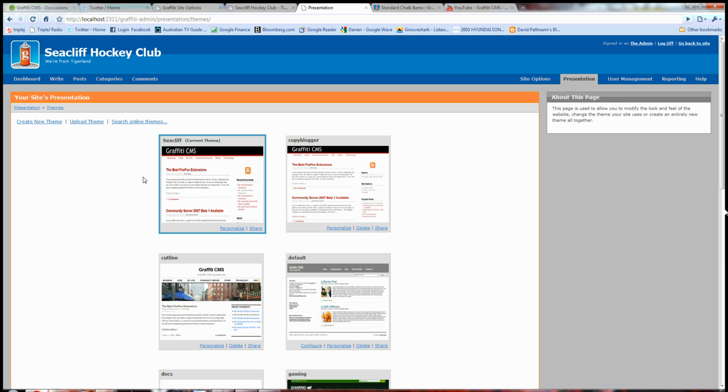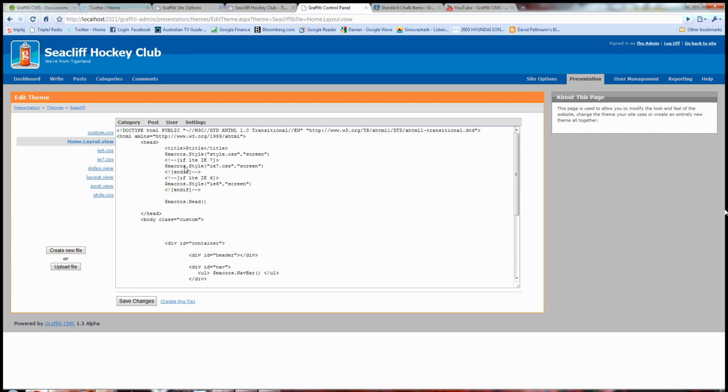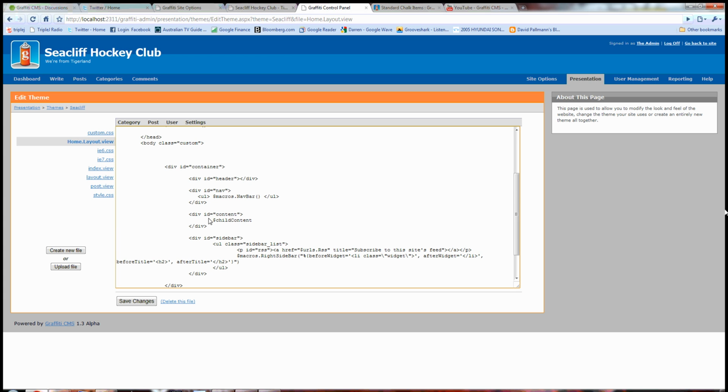I could change this icon, this page here. But if I click on personalize, what that shows me is the actual pages. Now, home.layout.view is the layout for the home page. So if we go in there, we can see that it's basically the HTML for the page, and there's some special